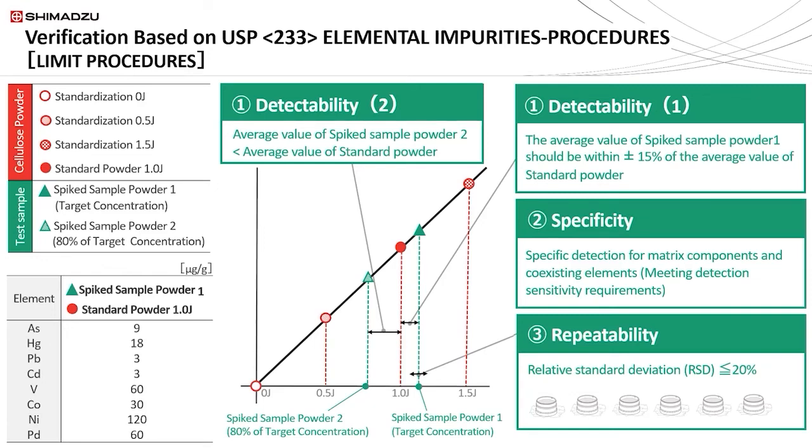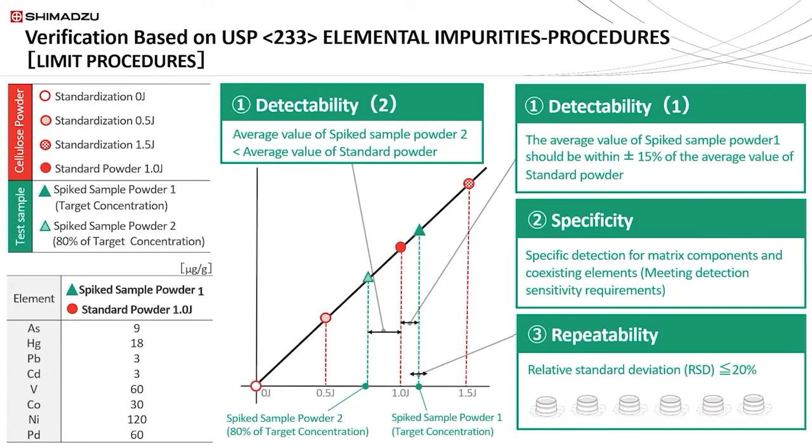So for arsenic, it's 9 ppm. For mercury, it's 18 ppm. For lead, it's 3 ppm, or 3 micrograms per gram. It's the same thing. So you have a blank, one spiked cellulose powder at 0.5 J, one at 1.5 J, etc. Then you have the test samples,